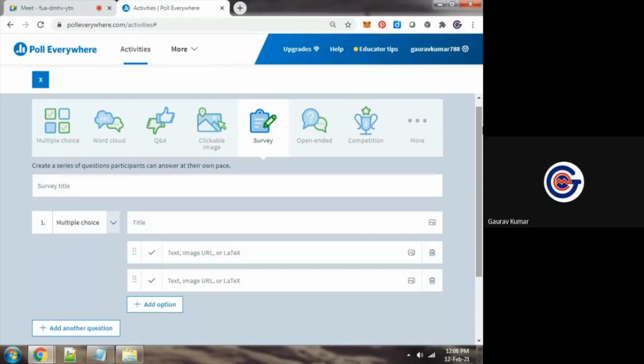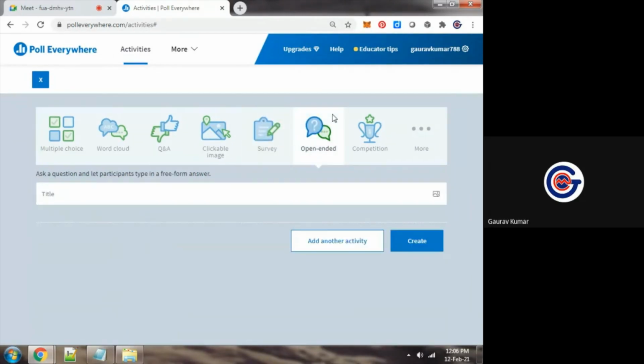In this implementation, there is no need to create a course, no need to create users, and no need to ask anybody to join. With a dynamic, real-time link, instantly you will be able to collect the data.